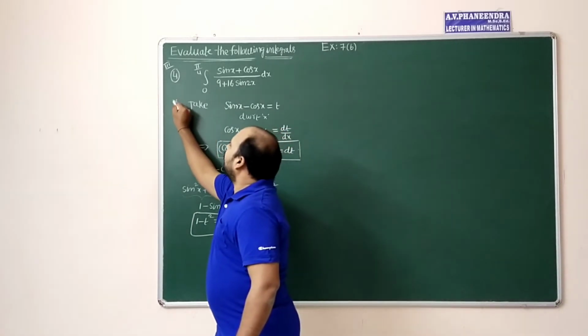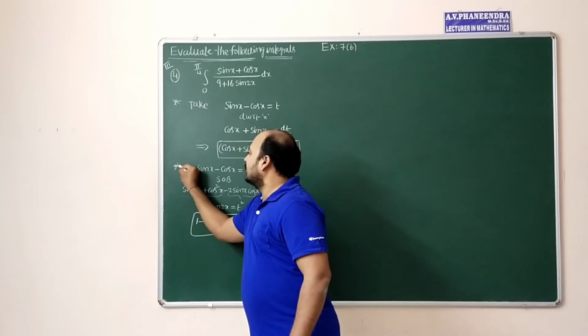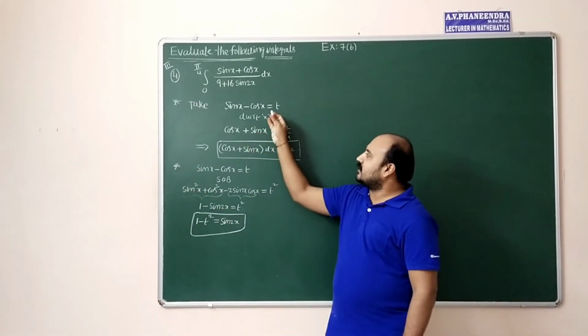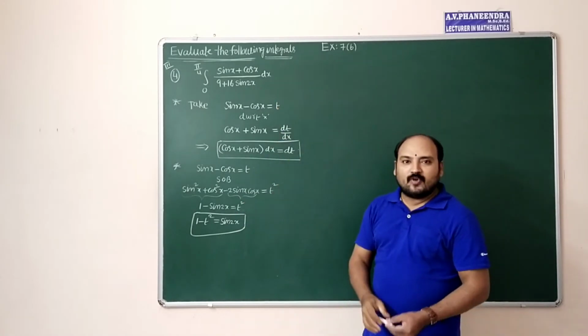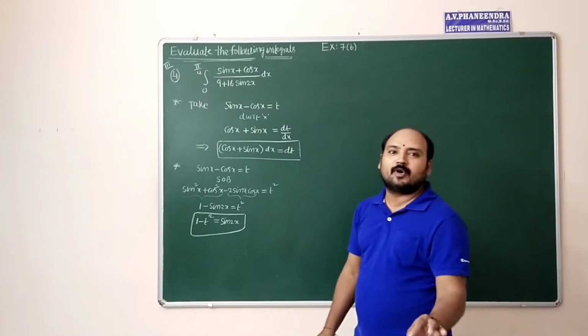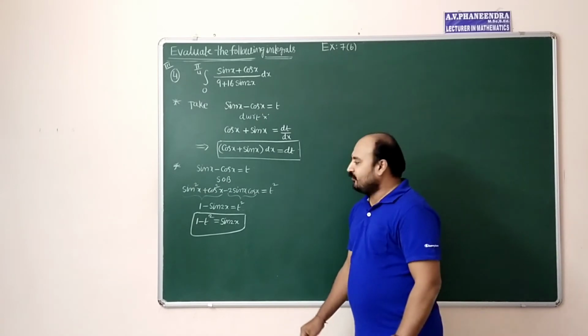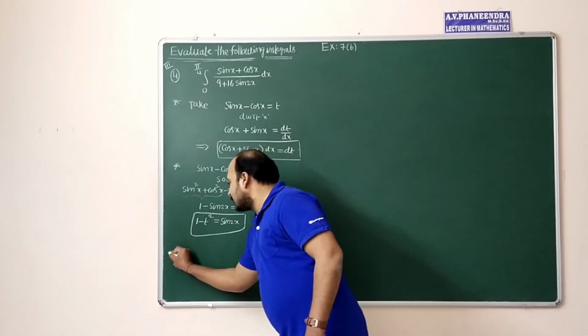The first step we have taken as assumption. After that, again in the second step, considering the same assumption and get the value of sin 2x from there. Whenever we are taking the assumption, the limits will change. That is a very important thing. You have to remember, I am discussing here about limits. The third step is about limits.